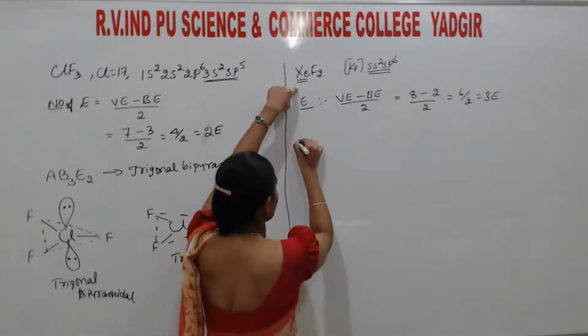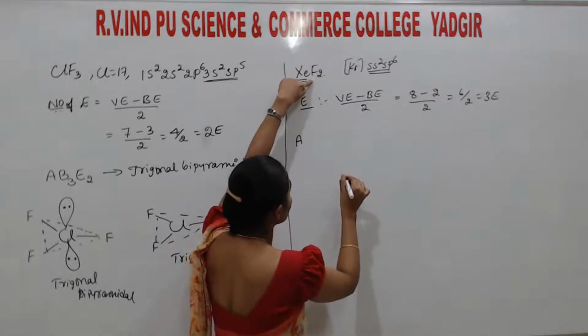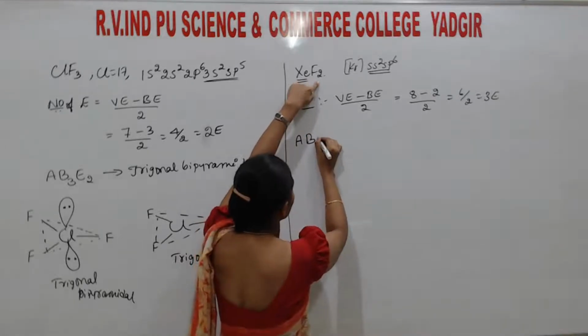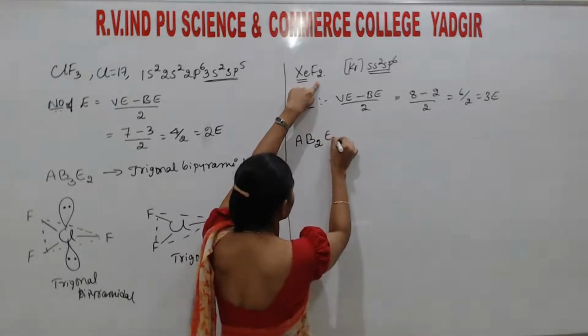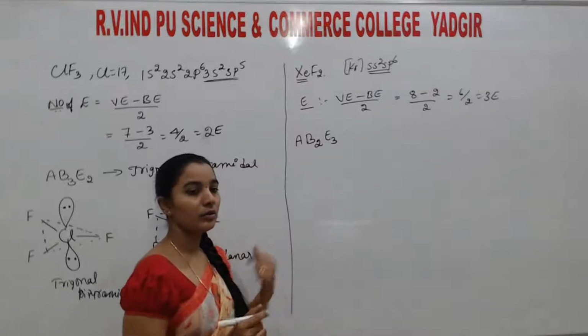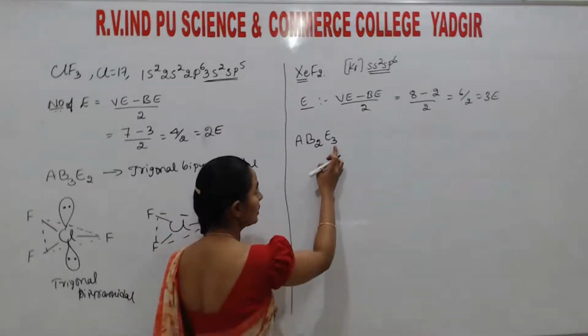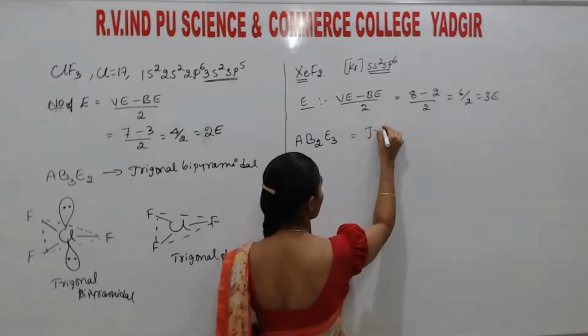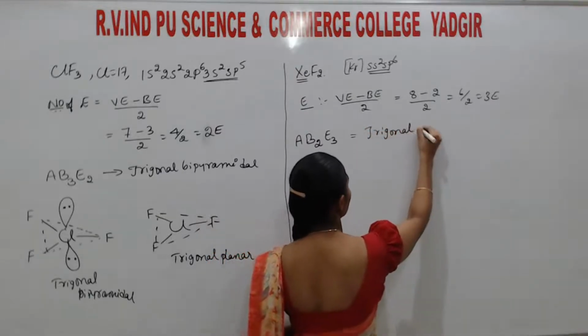Okay. So xenon is A here and this F2 is B here, and 2 are bonded and electron pairs are 3. AB2E3. So students, here 3 plus 2 means 5 atoms, that is the standard structure is trigonal